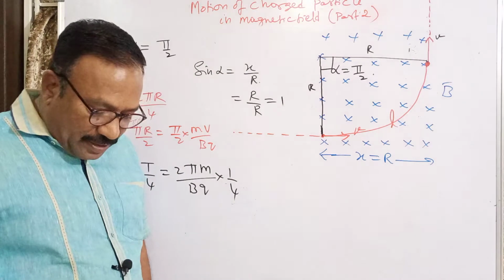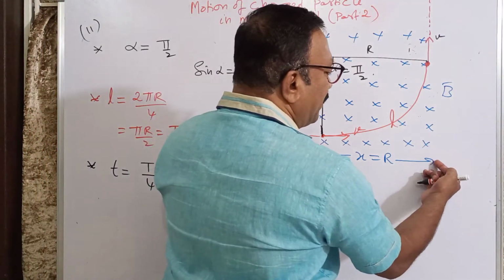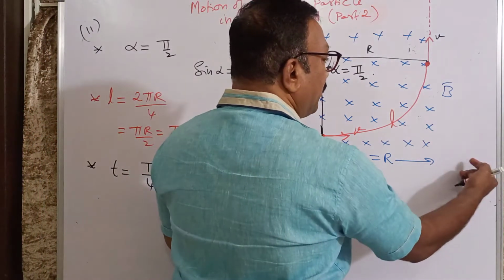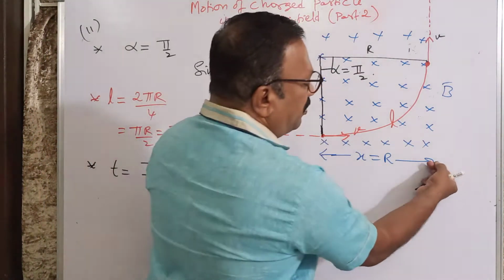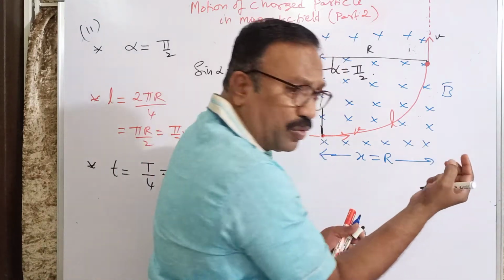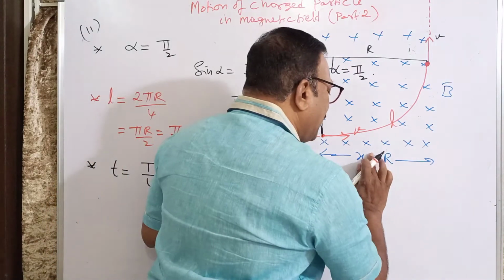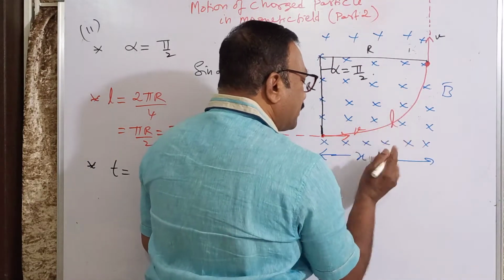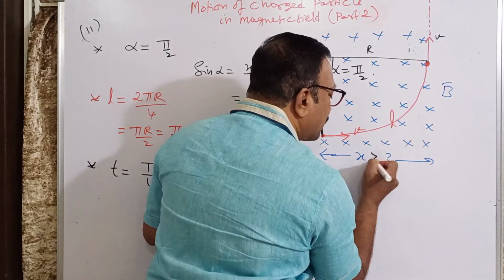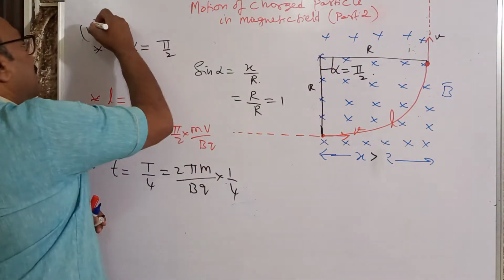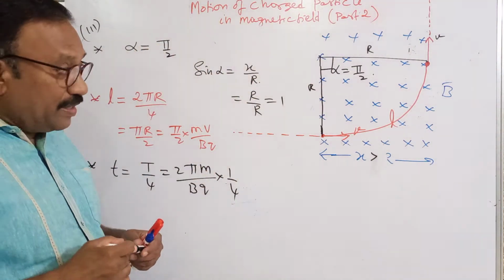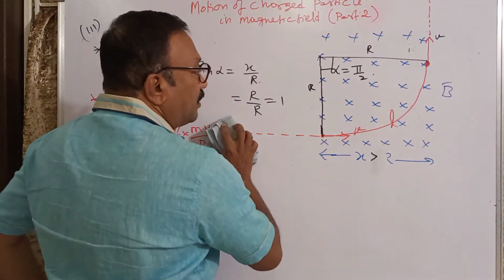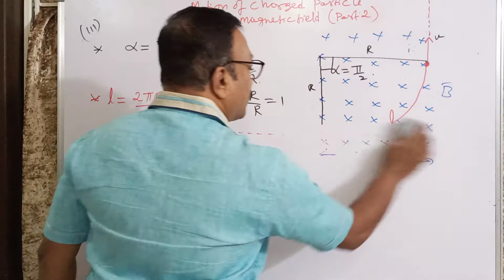So in the third case, what I will do is increase the radius a little bit further. Little, just crossing the radius. Just 1 mm more is also enough. So if I take the length of the field slightly greater than the radius, that will be the third case. So in that case, what happens? You just check. This diagram won't be sufficient for me, so let me draw it again.